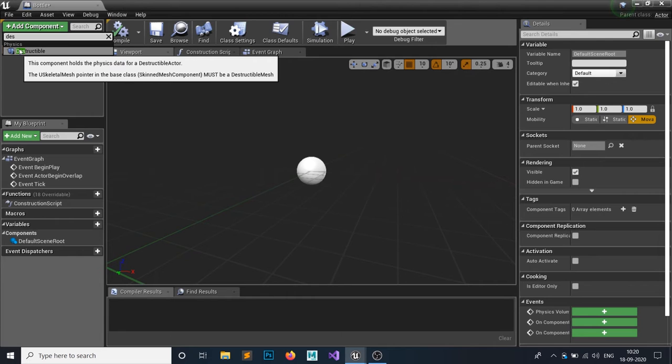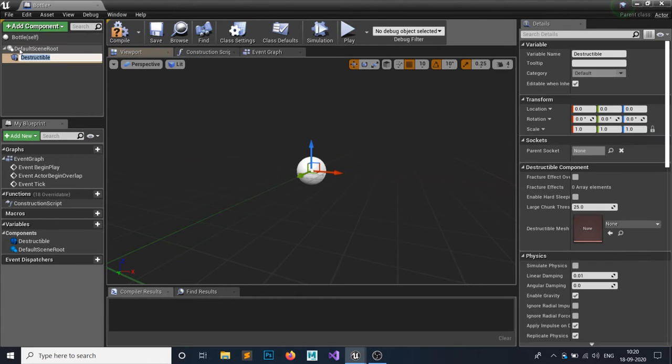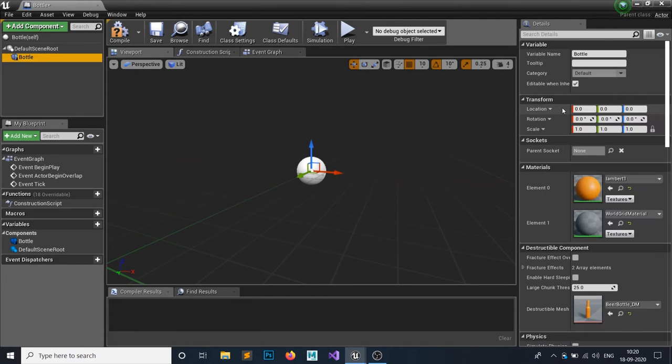If you search for destructible, you can find it underneath Physics. Make sure you add the destructible, not the static mesh, because a static mesh is just 3D geometry and won't work. The destructible mesh would be the one we have just made. And let's set the scale to 0.5.